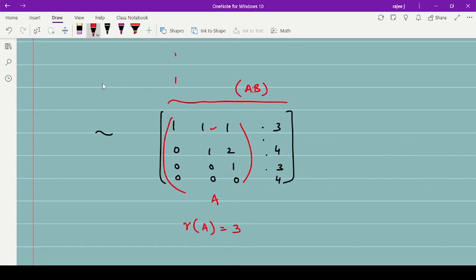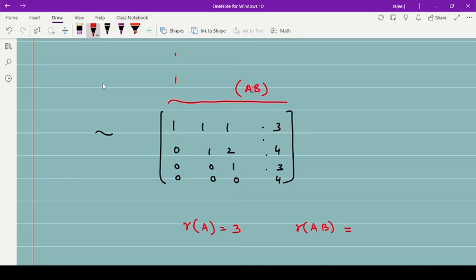Understood? So after doing all the transformation, suppose we are getting the echelon form like this, then you will just take the A part. Then rank of A will be that only. Number of non-zero rows, 1, 2, 3. And rank of AB. Rank of AB will be what? Rank of AB means you need to consider all. This complete you will consider. So when you consider that complete, what will be the rank of AB? Tell me, what is the rank of AB here?